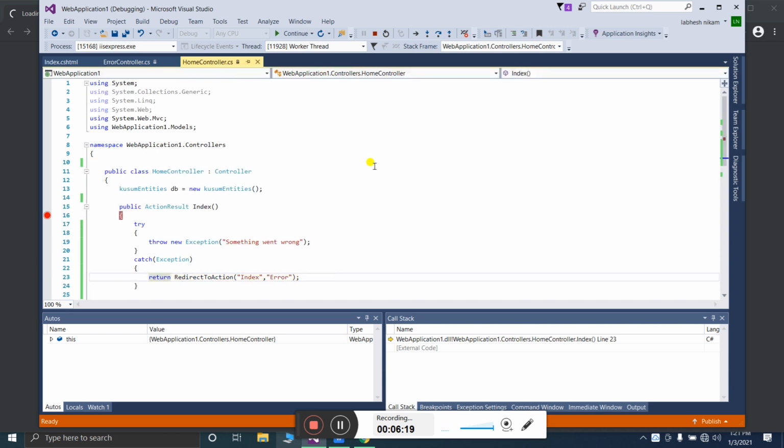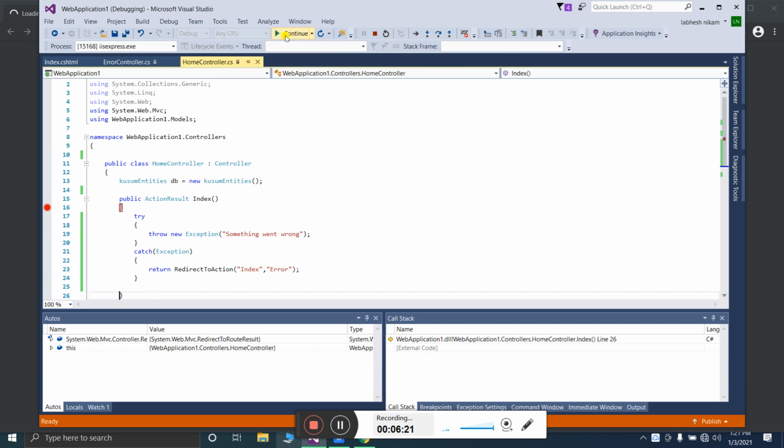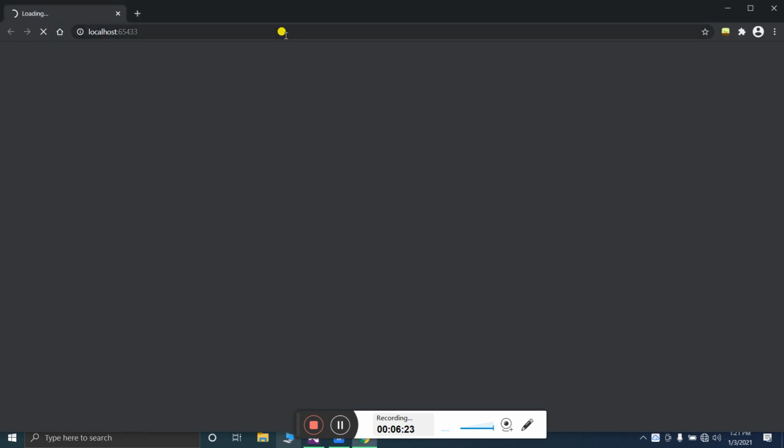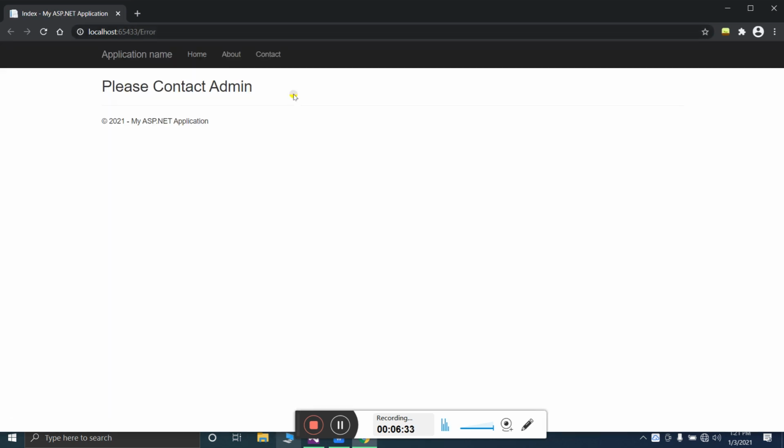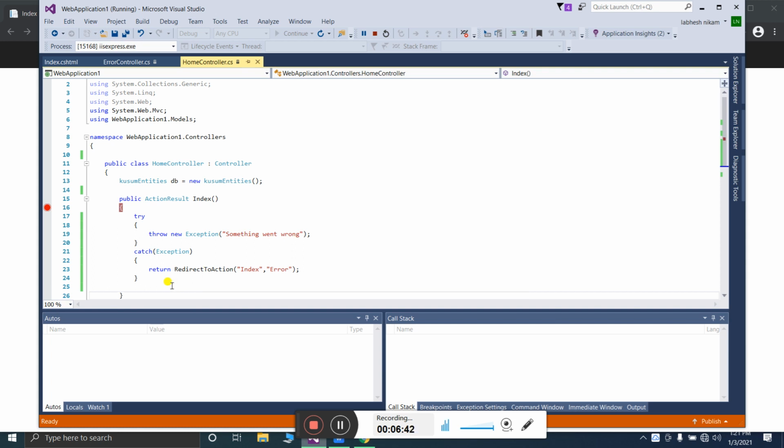Press F10 again and click on continue. You can see the custom error page is displayed now. This try and catch block we were using in the past, but now MVC has given us a new exception handling technique, so use that.